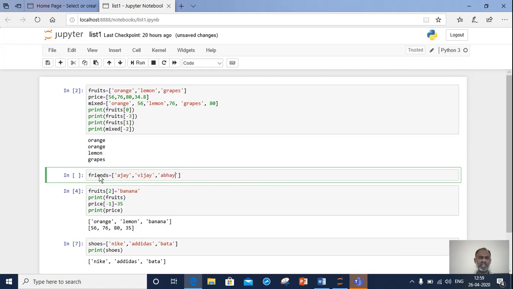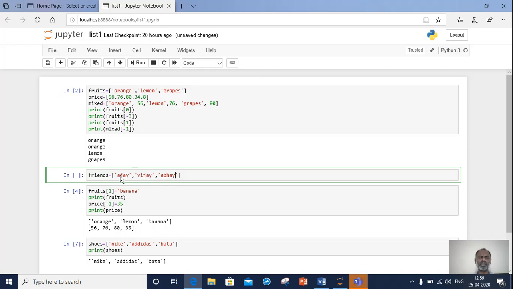Fine. Now if you see this closely, what have I written? Friends, which is nothing else but a tag name, a name given to the list, followed by the equal to sign. This is an assigning operator. With the help of this operator, I am assigning all the three elements Ajay, Vijay and Abhay, separated by a comma. You can see here Ajay, comma, then Vijay, comma, then Abhay.